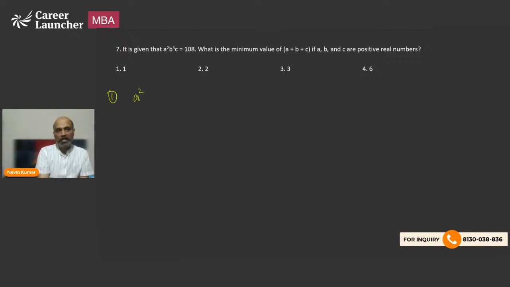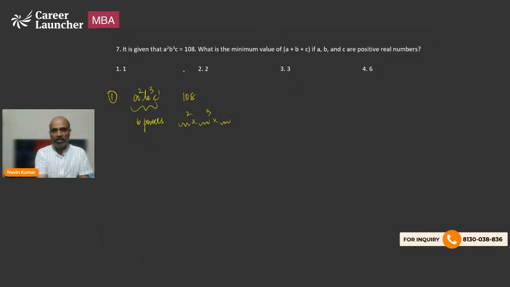In a square b cube c to the power 1, there are a total of 6 powers, right? So you have to write 108 as some number ka power 2 into some number ka power 3 into some number ka power 1, and looking at the options, you have to take such numbers ki it should be integral,